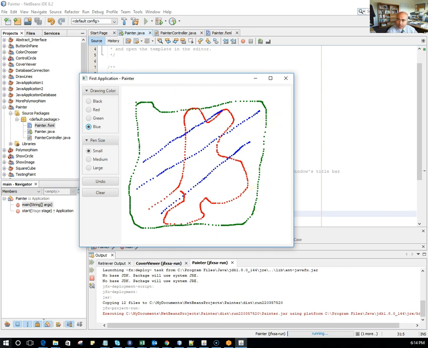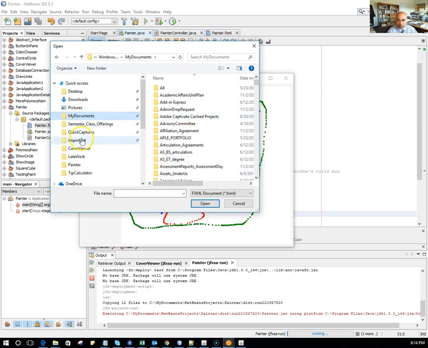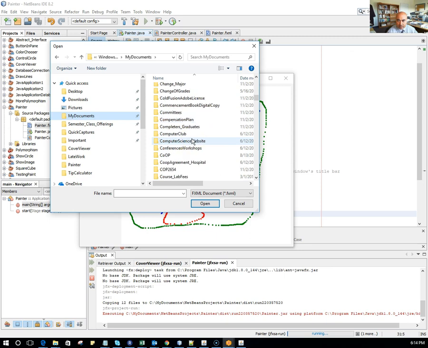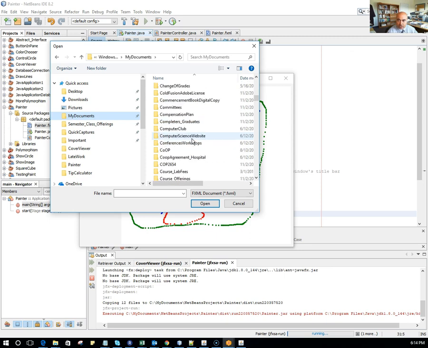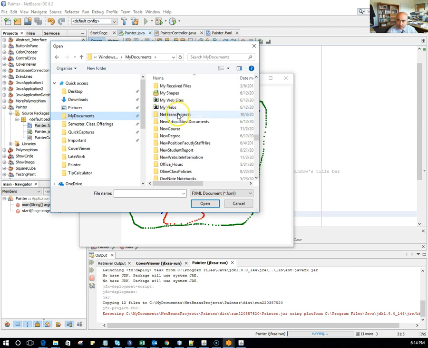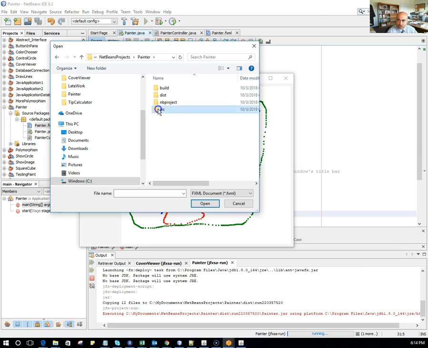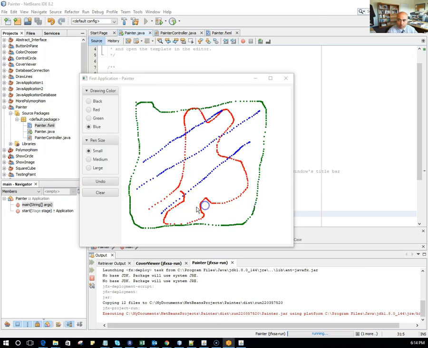Now let me open this through the Scene Builder to show you how you can create the FXML document there. Okay, so if I open my Scene Builder and go to my documents, this is my NetBeans, and I have the NetBeans project right over here. Again, for everybody this is going to be different. So this is my NetBeans project, and this was my painter application source. It's my FXML. So if I open it,